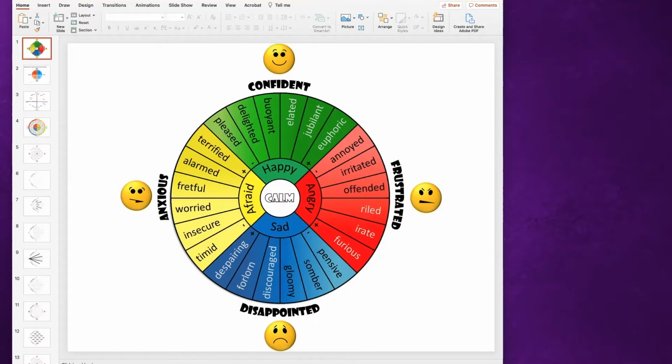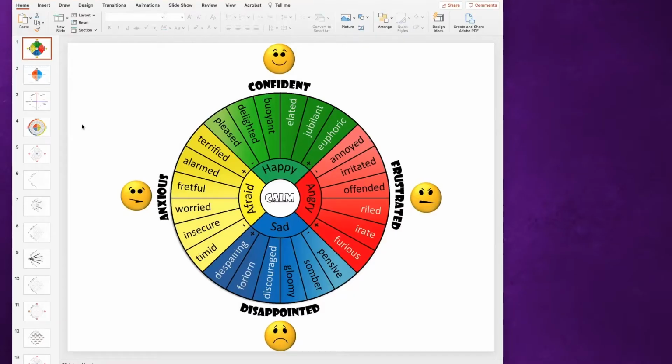Even this one, if you think about confident versus, pardon me, gotta stop moving my pointer that way. If we look at things like confident and disappointed, we know confident plots on the change grid. We know anxious plots on the change grid. Those are more outgrid for confident and upgrid for anxious.